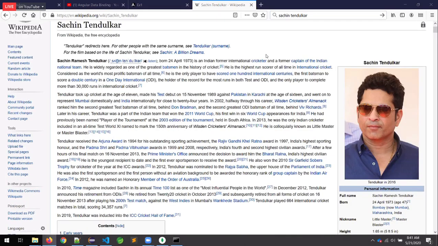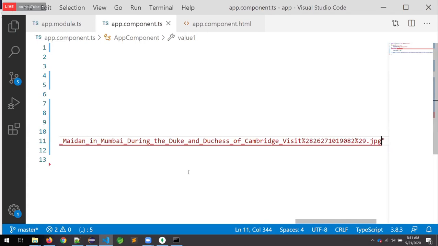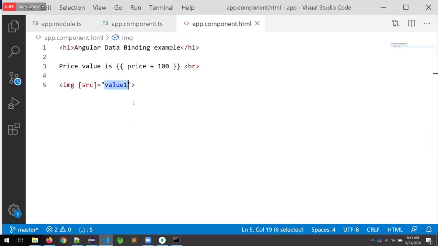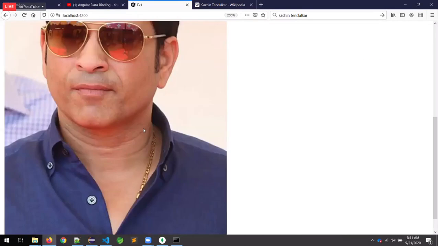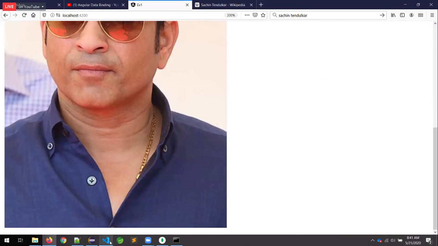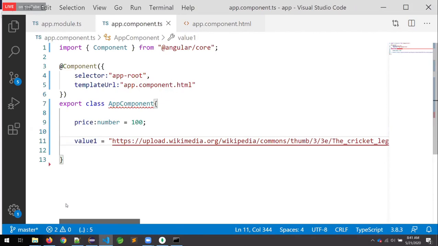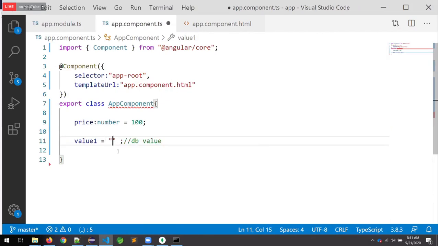Yeah, cricket god. Now observe. See, sir. Now tell me, if this configured URL value is coming from the database, at that time Angular will display a dynamic image or not?